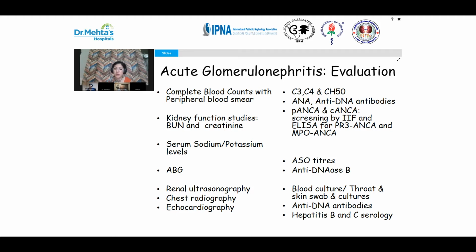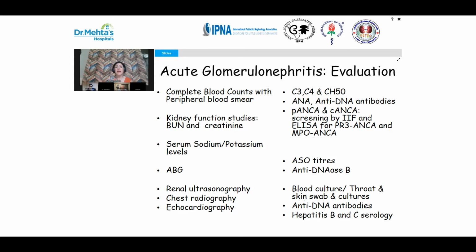A chest radiograph is required in children who may have symptoms of vasculitis, which point towards granulomatosis with polyangiitis, or in children who are suspected to have pulmonary edema. Echocardiography is required for the same reasons, but is not required urgently, because the urgent management becomes more important if the child is already developing pulmonary edema, either due to hypertension or due to fluid overload.